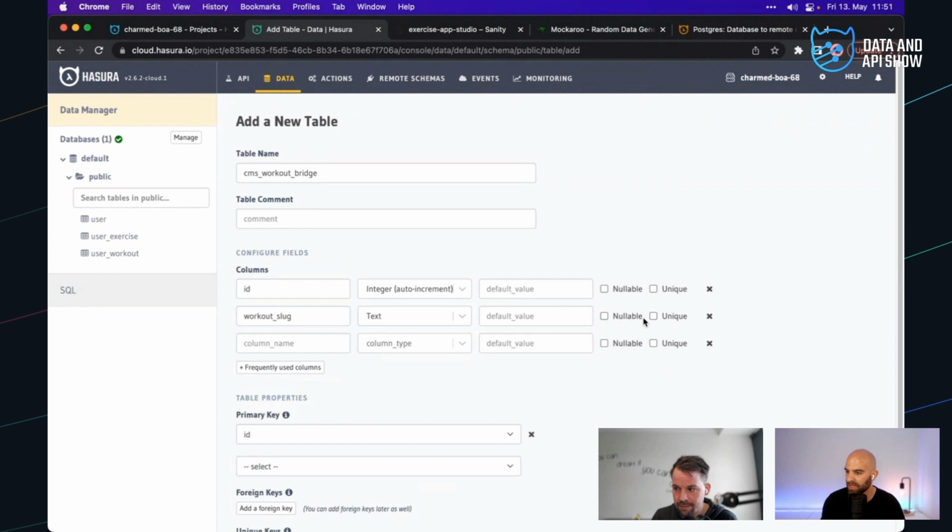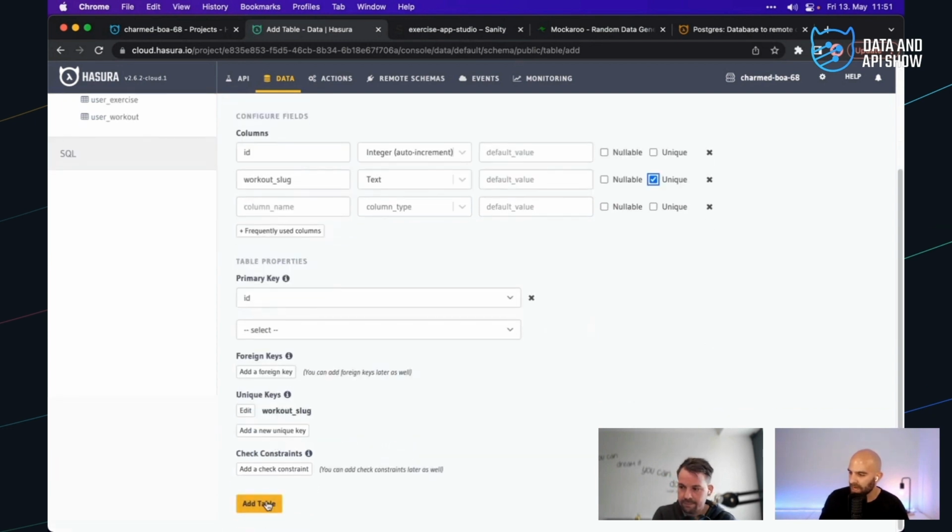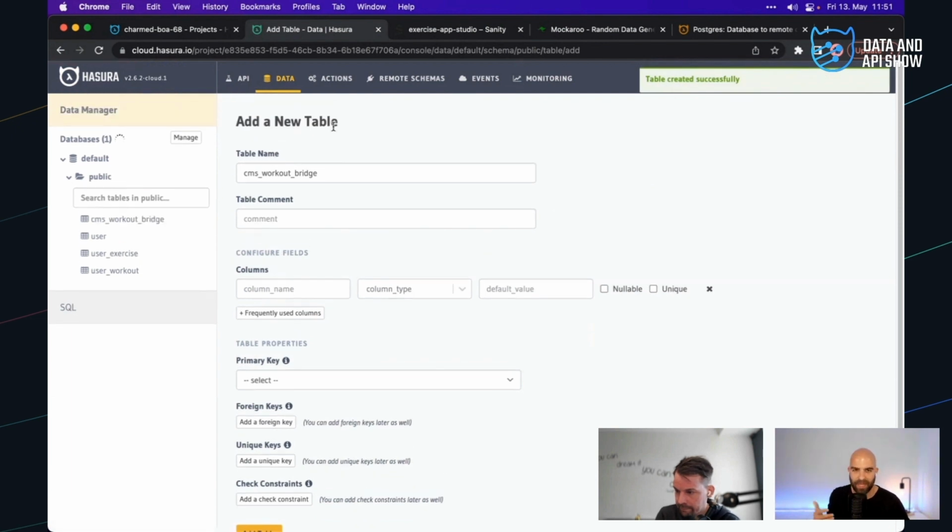And so now we've got this really basic column here, and this allows us to create a bridge that we're able to use as a constraint for our workout table for our users. So they can't create something that doesn't exist. It has to be a member of this field. So we can create that, and then what we would do from there is we go ahead and say add table. This is just to emulate how you would do it. We're not going to implement the full logic here.